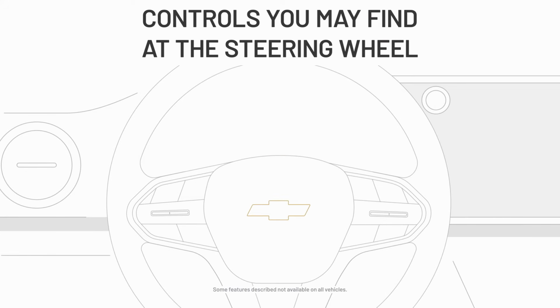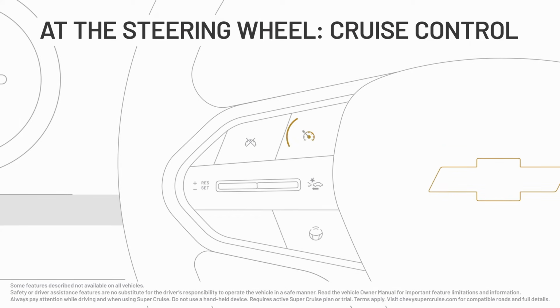Many symbols are visible from your driving position. Some are applied to buttons on or around the steering wheel. Here's what each of the buttons represents. This button is used to turn cruise control on. This button disengages cruise control. This button adjusts the following distance that forward collision alert may activate to far, medium, or near.